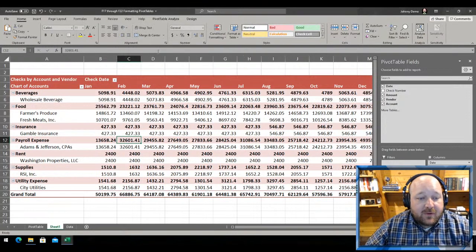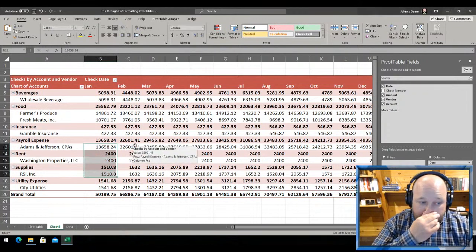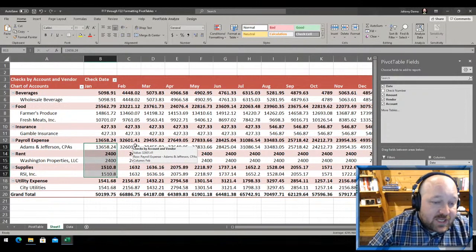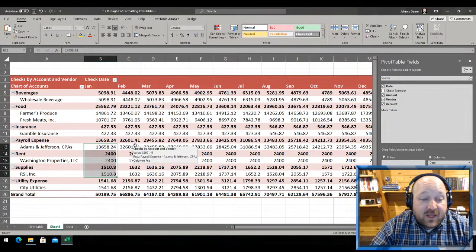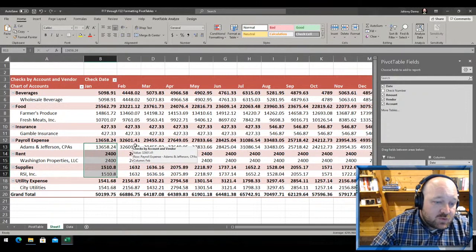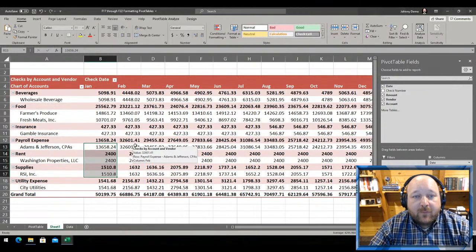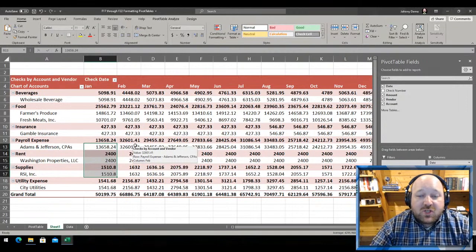A good example of this would be over here, looking at some of the differences of these numbers. In this particular instance, the numbers above it and below it have a decimal point, 13,658 and 24 cents versus rent, which is just a flat 2,400. Well, that's what's common with the general format,